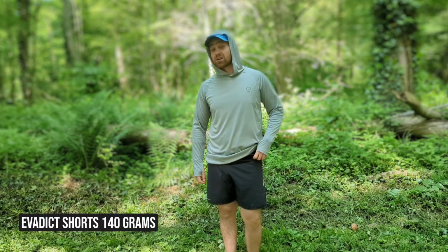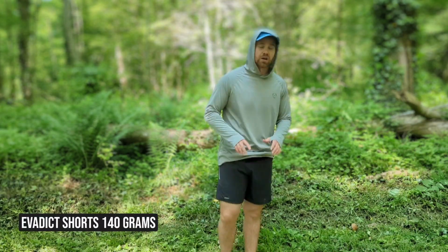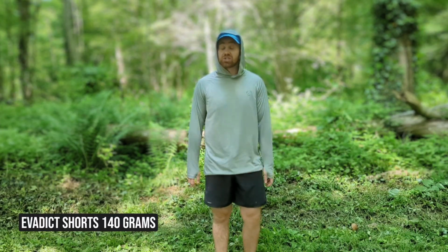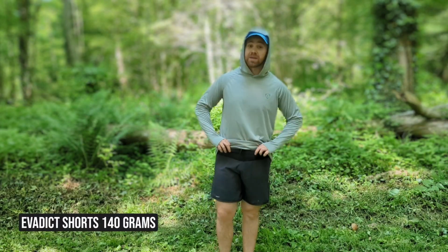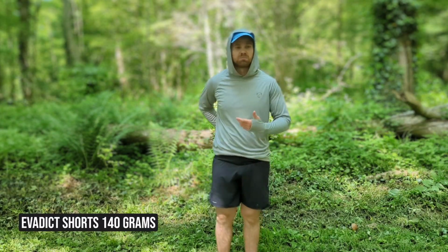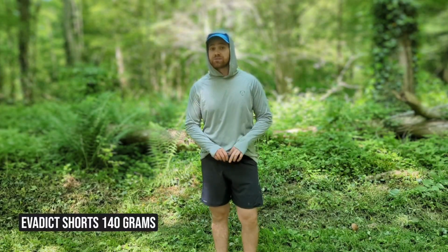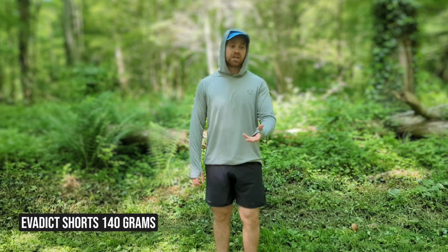These are a Vardict. I got these from Decathlon. They are trail running shorts, and I can't sing the praises of these things enough. Super light synthetic material. This entire base layer is, including the t-shirt, in fact, really light, really quick drying, and a fantastic pocket system here. I think trail runners have got all sorts of secrets which they're not willing to share, but I've got a zip on the front and on the back for delicate items, whilst here on the front there's sort of a mesh pocket which can fit all sorts of valuables and little quick items